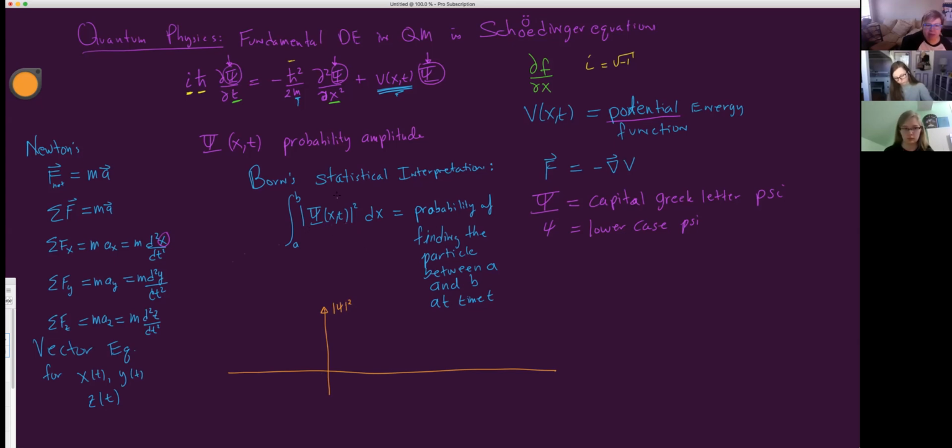If you look at it, this has to have units of 1 over dx, right? So this thing squared has to have units of 1 over dx to make this work out, right? Okay, because probabilities don't have units. All right. Okay, so this psi squared on this axis,